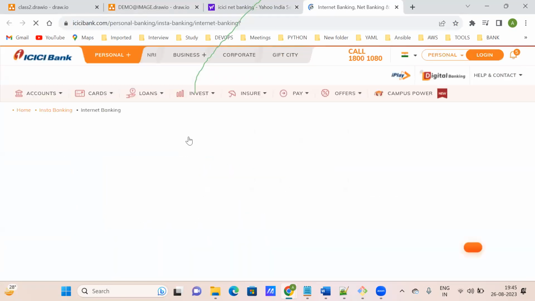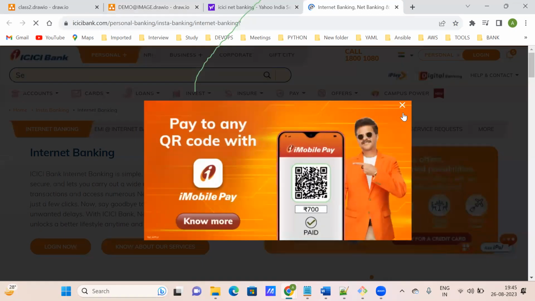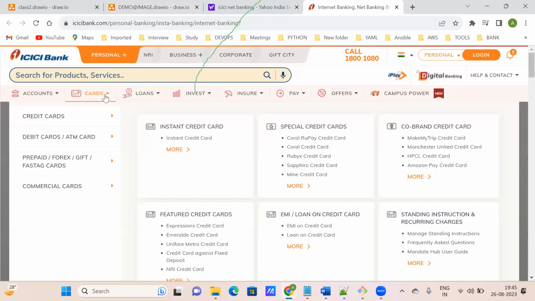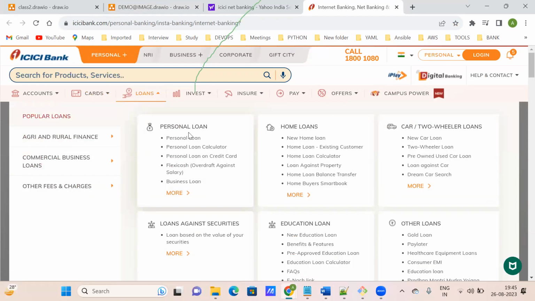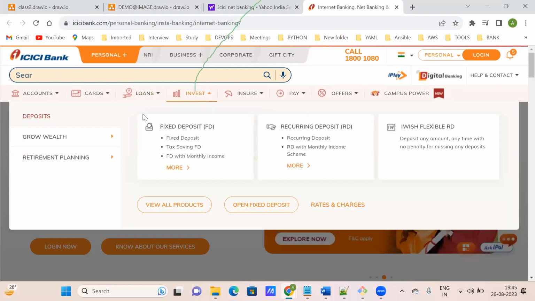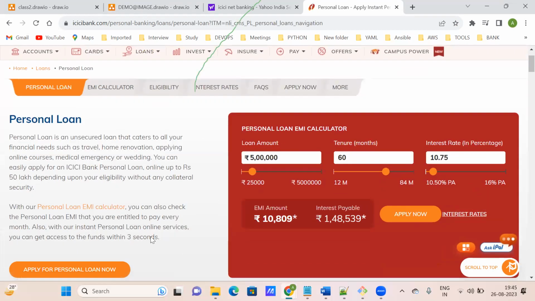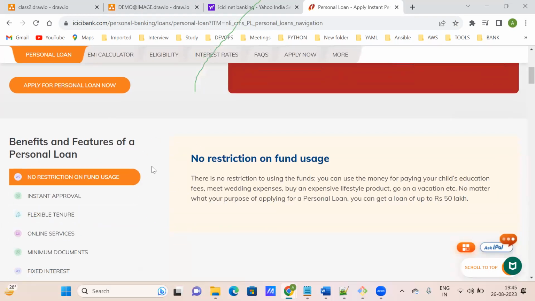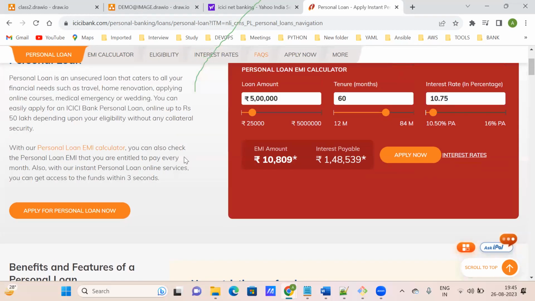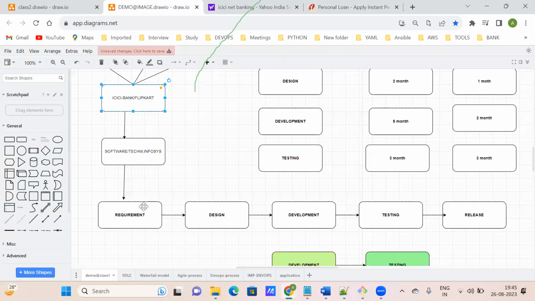These are all high level requirements: cards, credit and debit card, and loans, personal loan, home loan. Inside personal loan, if you click, some other fields will come, correct? These all are low level requirements. One team should take care of this, so we assign one team to this work. They find the requirement and write it in an Excel sheet or somewhere.